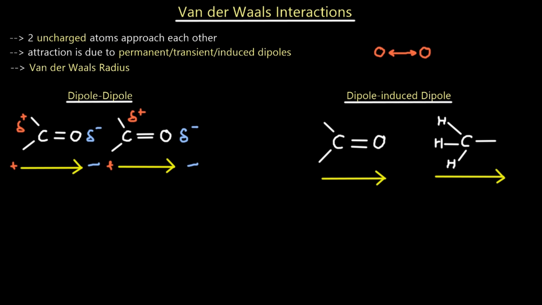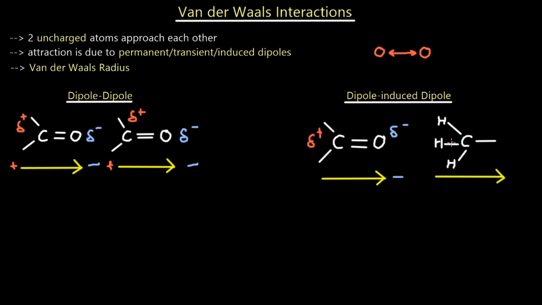And this one is a little bit different in terms of how the dipoles are formed. Now, again, the same thing happens as these molecules. The oxygen atom is more electronegative, so therefore it has a negative partial charge. Now, what happens with, let's label this carbon, it's positive. What happens with these molecules here is that because of this partial charge on the oxygen and this molecule approaching the other molecule at the van der Waals radius, what actually occurs is that it induces a dipole on this